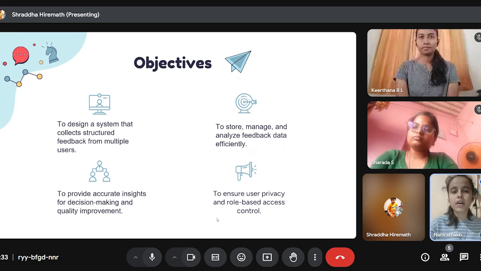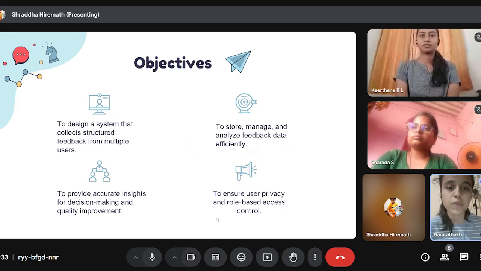Next we are going to store the feedback data so we can manage and analyze it properly. We store it in a particular database, so we won't lose the data, and it won't be accessed by other people, as not everyone can use it.